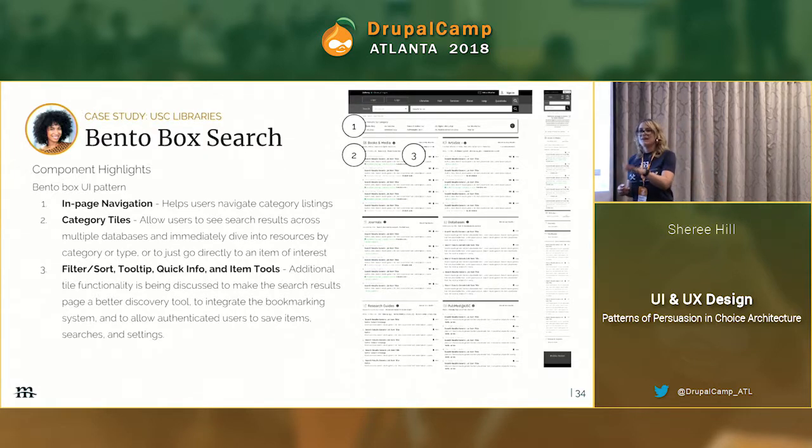I don't know if you guys have had this experience, but sometimes when you go to a website and it is so clear and so easy to get exactly what you need, that becomes a pleasurable experience. One of the challenges that students face really is obtaining the information that they need in a way that's easy to see. So when we designed the bento box for USC libraries, we looked at having in-page navigation that helps